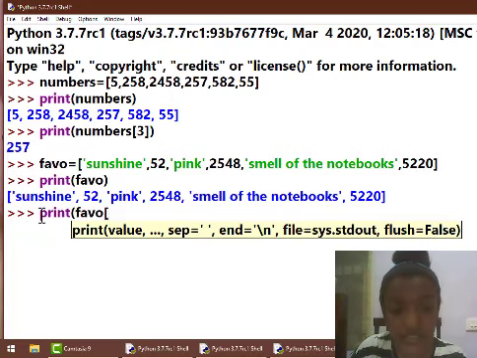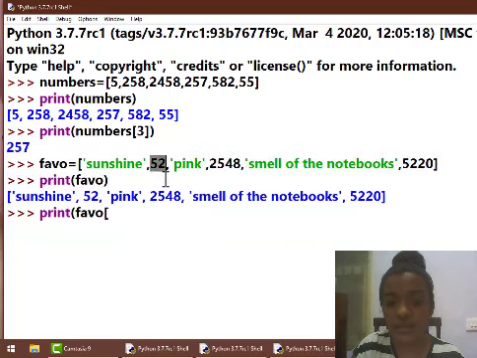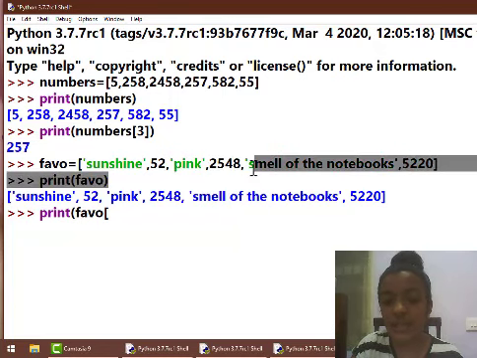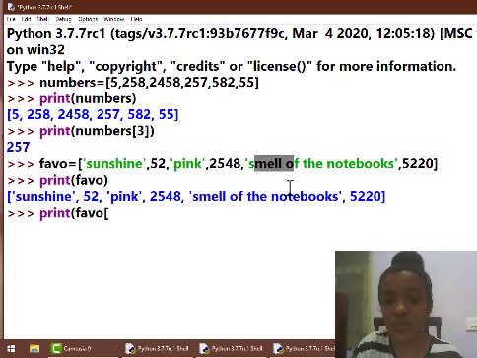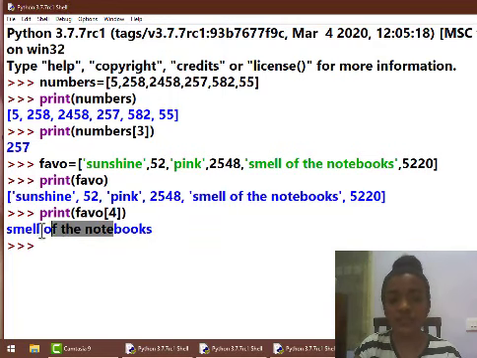Then within the index, I have to text the index number of the smell of the notebook. Sunshine becomes the index number 0, 52 becomes the index number 1, pink becomes the index number 2, 2548 becomes the index number 3, and smell of the notebook becomes the index number 4. So here within the square brackets I have to text 4 and then close the parentheses and press enter. Python will give me the output as the smell of the notebook.